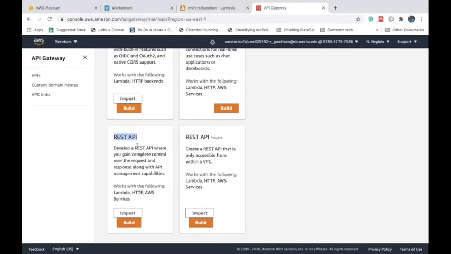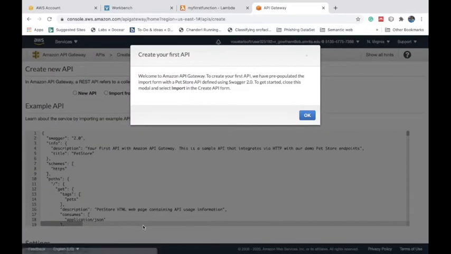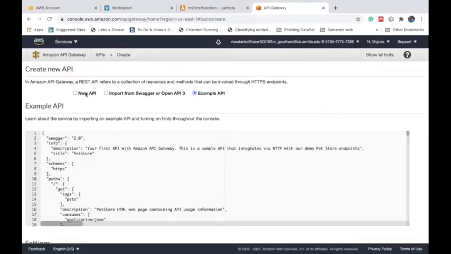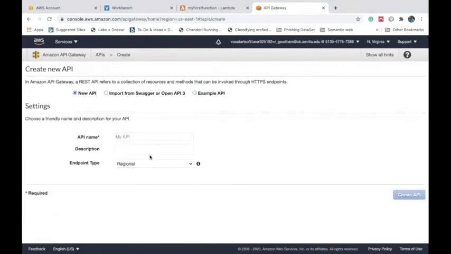In the REST API, click on build to create a REST API. So click on OK and select the option called create new API. I'm going to specify the API name as my first API. And the remaining settings, I'm going to leave as default settings. Then click on create API.